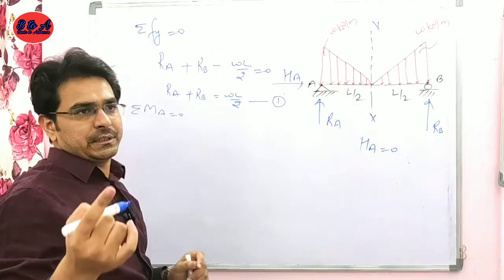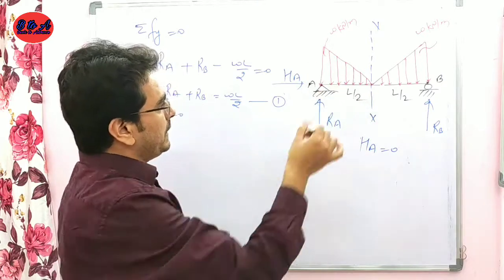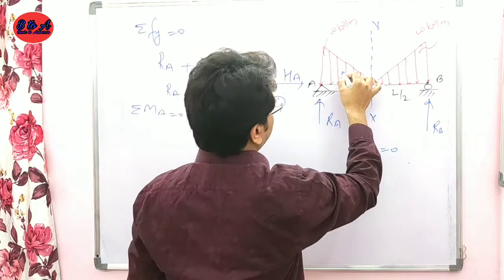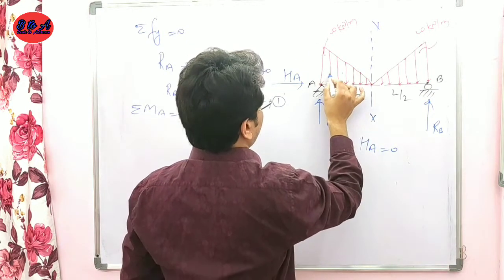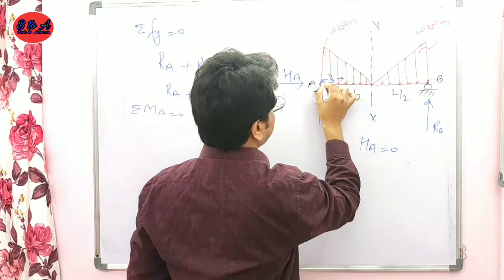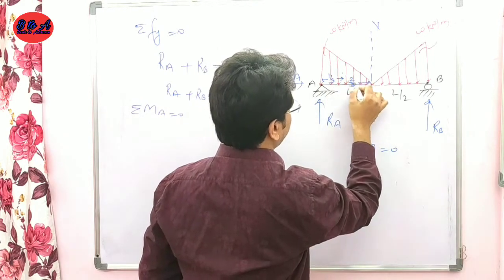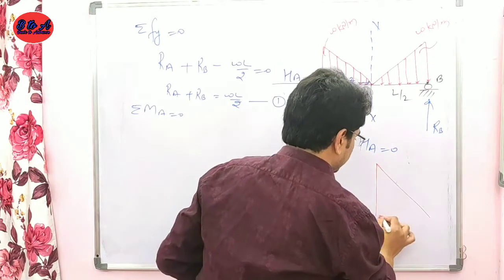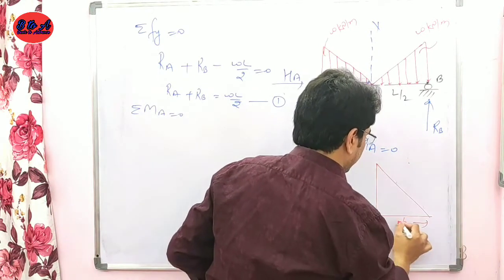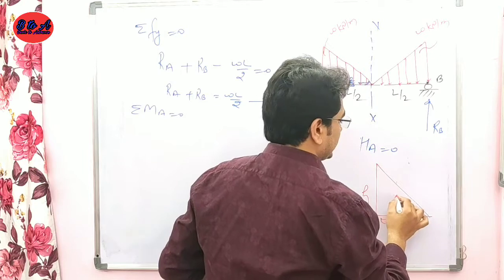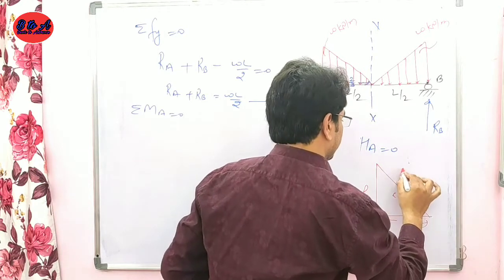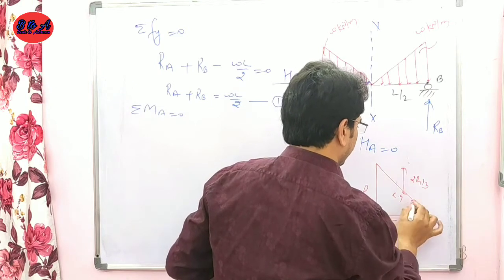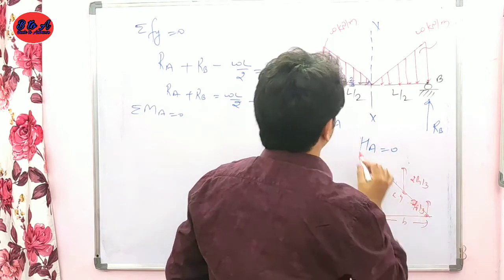अब इसके लिए हमें एक चीज समझनी है कि ये जो लोड है, ये टोटल लोड अपने सीजी पर एक्ट कर रहा होगा। तो इस ट्राइंगल की सीजी जो होगी समथिंग लाइक दिस, दैट इज 1/3 फ्रॉम दिस पॉइंट एंड 2/3 फ्रॉम दिस पॉइंट। अब इसको समझने के लिए यहाँ पर अलग से मैं समझा देता हूँ। सपोज दिस इज द ट्राइंगल हैविंग अ बेस B and the height h. So its CG will act at a distance of 2h/3 from the top and h/3 from the bottom. Similar with this.